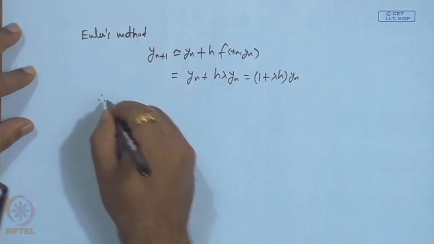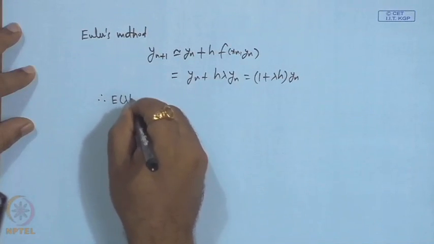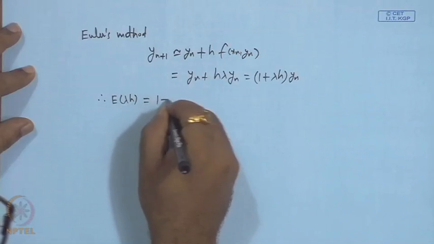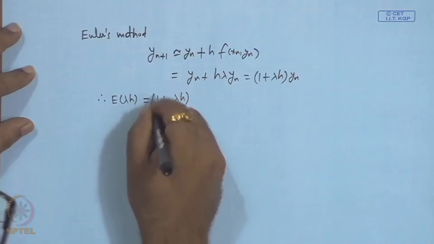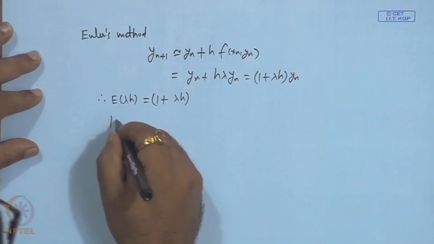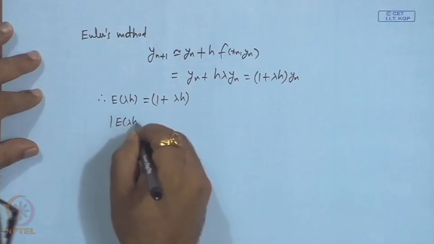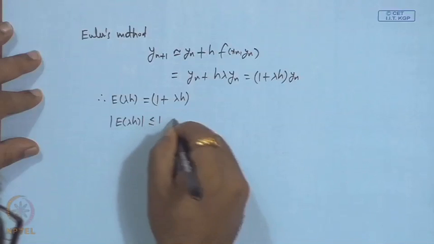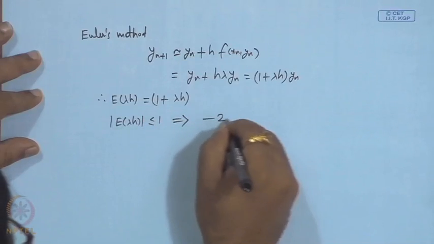So, therefore, E of lambda h is 1 plus lambda h. Hence, mod E of lambda h is less than 1 implies